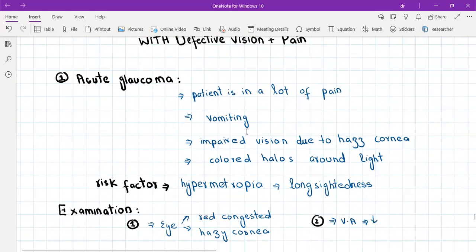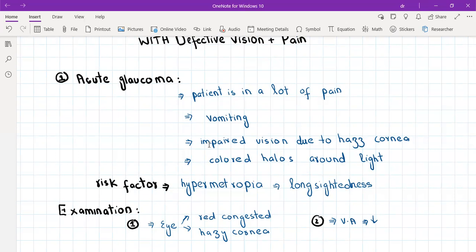This is the impairment of vision which presents acutely. Okay, but if the pressure is relieved in these patients, if they go to the ER quickly and are treated quickly, then the corneal edema is kind of temporary and it reverses back and the patient is able to see normally, and there is either no visual impairment or the visual impairment is really minimal. But if their presentation or treatment is delayed, then chronically, the